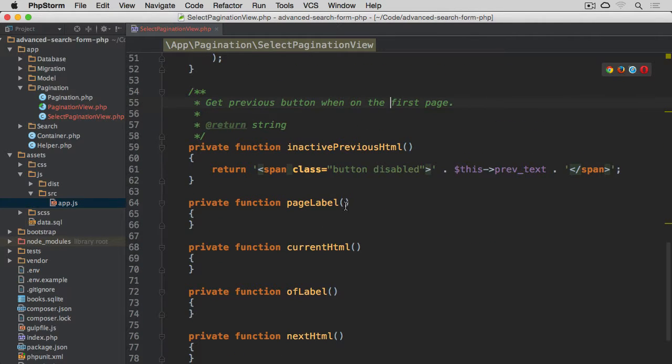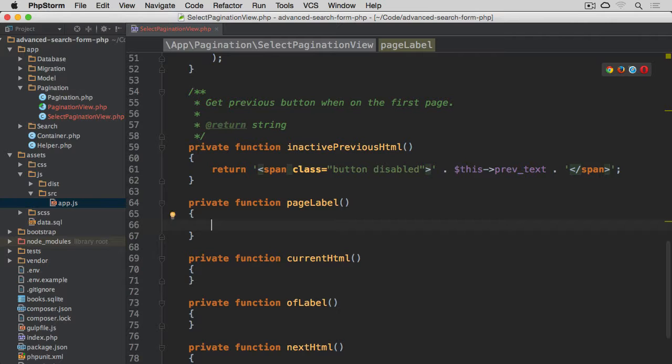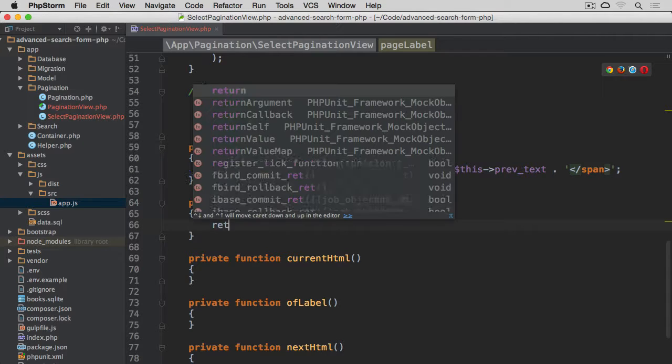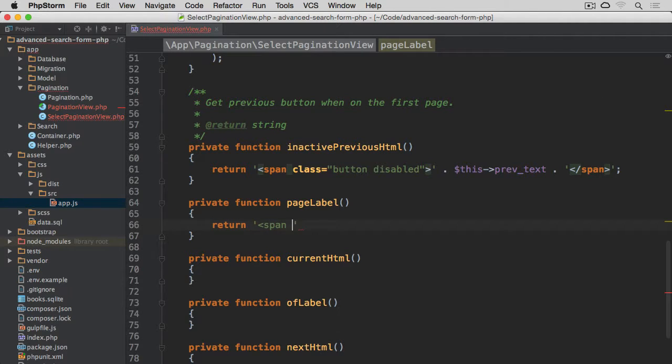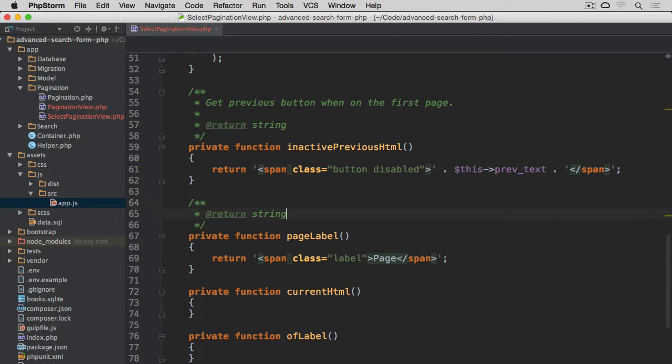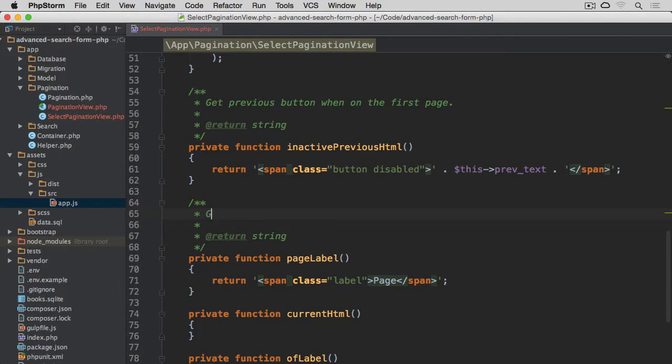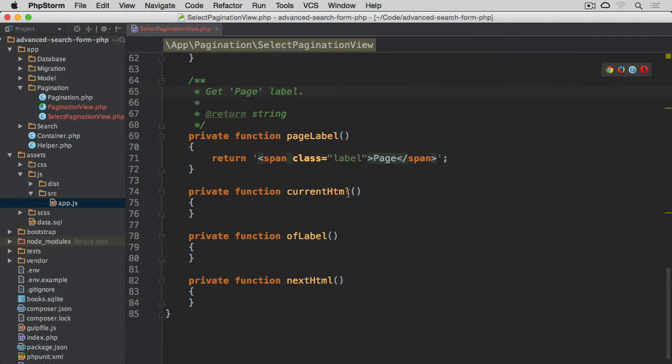The next method we need to work with is page label. This is going to be pretty simple. It's just a return span with a class label, and then page, close span. And let's add some doc blocks here, return string, get page label. Then for the current